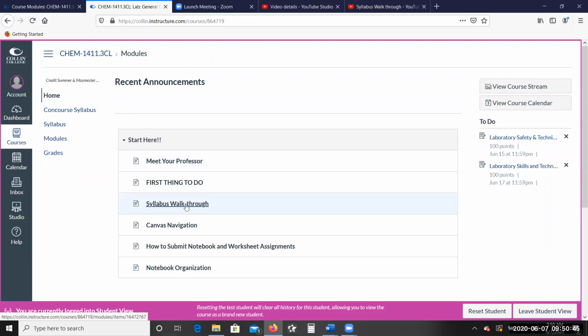Syllabus walkthrough. That's where you find the video I walked through the syllabus. Canvas navigation. Actually, there's nothing here right now because I'm currently building this tab. That's what this video is about. This tab, by the way, is going to go away because it's going to be combined in Canvas navigation. And there'll be another tab down here. Hopefully, I'll have that done today, called Notebook Organization, where I'll talk about notebook organization. But once you've done these things,